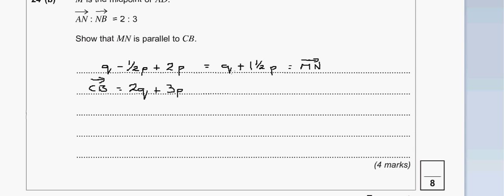Now I can see that this is half of this. So I can say that q plus 1.5p equals 2q plus 3p, all divided by 2. So I can put, therefore,